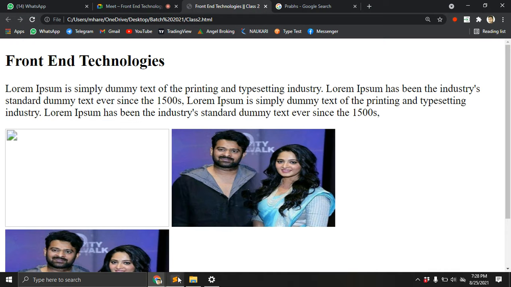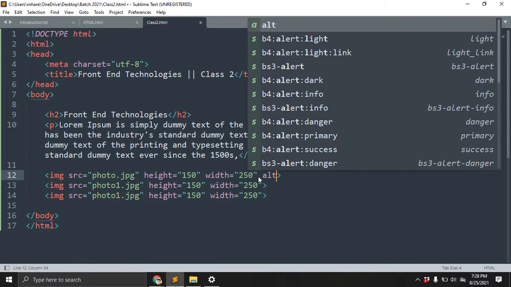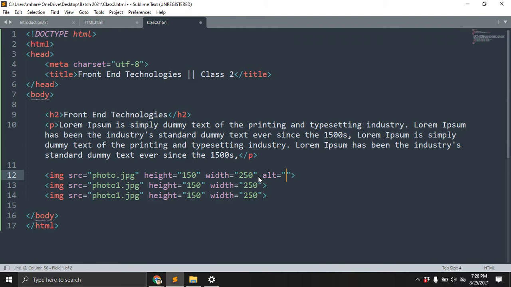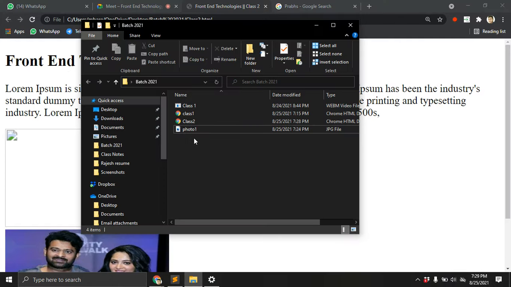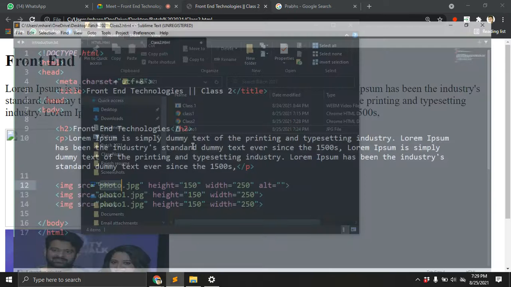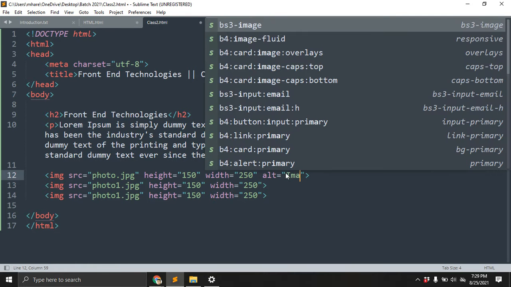For that purpose we use an alternate. ALT. That is the alternate we are using. You can see, when the image is not there in that file, the photo will not be displayed, right? You can see the photo has a name. So go to the file here. In that file, there is no photo.jpg, only photo1.jpg. So that's why it's not showing. For that purpose we need to use alt. ALT means alternate. Okay, the image